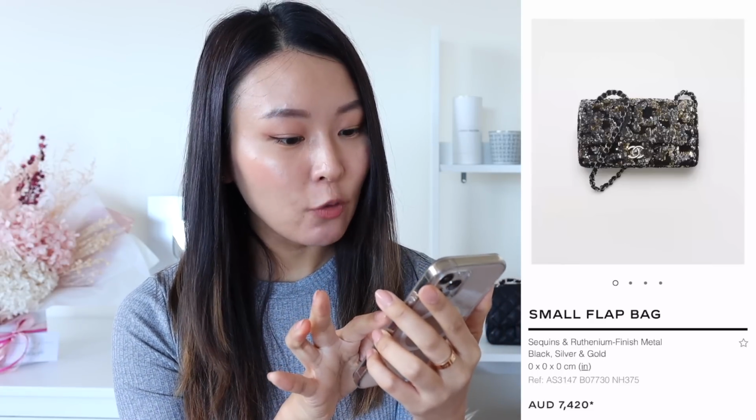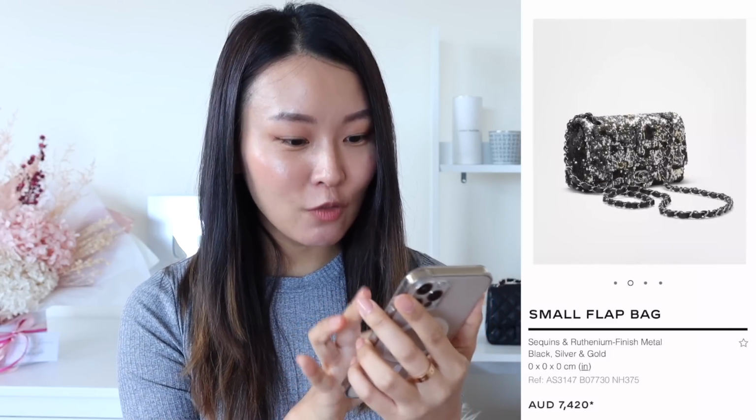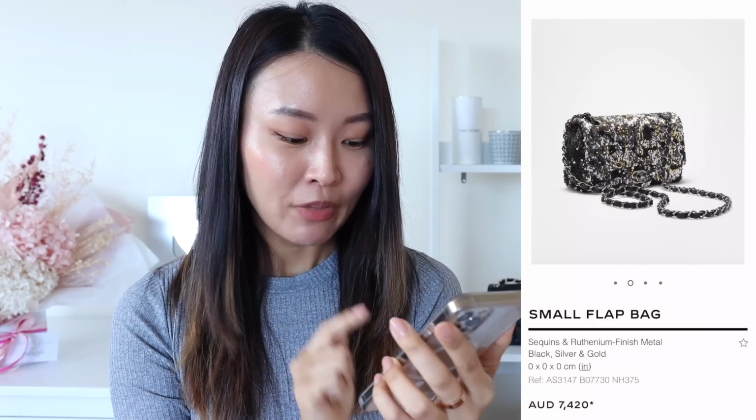Ooh, I actually really like this sequin bag. I remember the last season, there was a sequin bag that looked really lovely for an evening bag, but the price was around 10,000 Australian dollars. I may have talked about it in one of my vlogs, but this one I actually quite like. It doesn't even have the dimensions on the app yet, but it looks like about the size of a rectangular mini flap, which is the perfect size if you ask me for an evening out or even daytime. But I am a huge fan of this sequin bag, and it is priced at